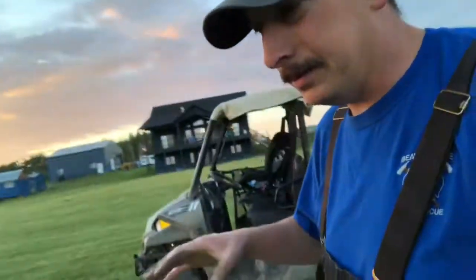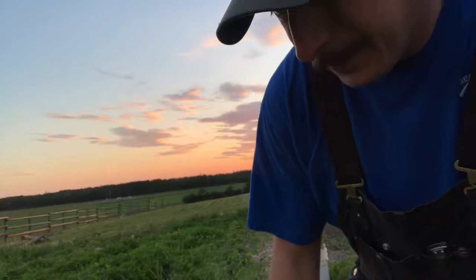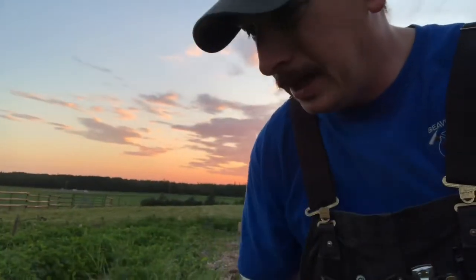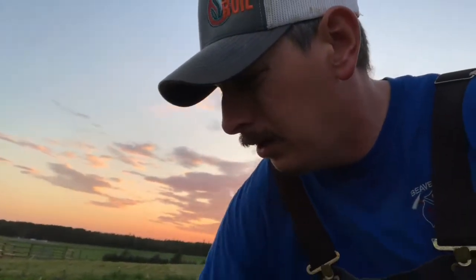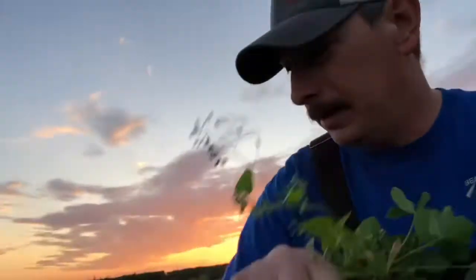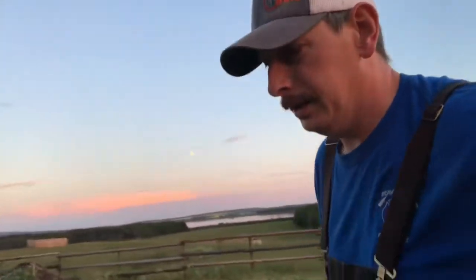Because it's like an absolute, well, it's a growth explosion, but it's almost an infestation with clover. Like this stuff has just absolutely taken over. And mayweed, like we know we have a mayweed issue on the whole farm, but this stuff is just absolutely taken over. So I'm putting it in buckets, and then I'm taking the bucket over, dumping it in